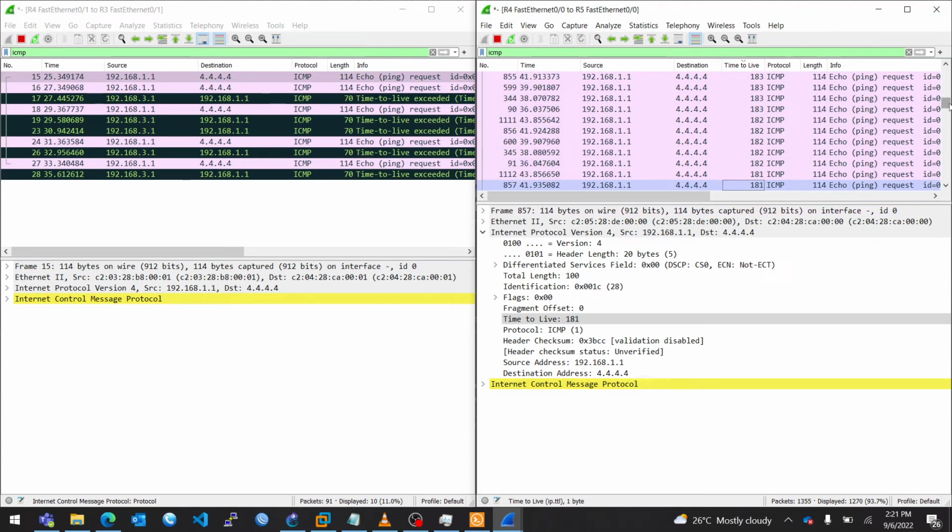Let me just use the down arrow for you to see the decrement process. As you can see, the packet is decremented over time, and once the TTL value is down to 0, the packet will be discarded. So it's now down to 50, 40, 30, 20, 17, 14, and then 1. And as you can see, once we get to 1,